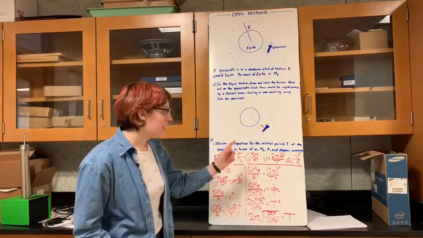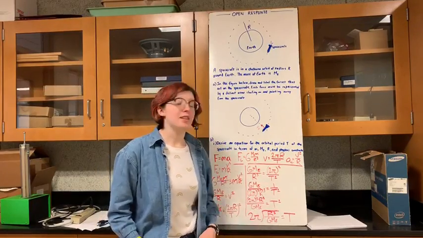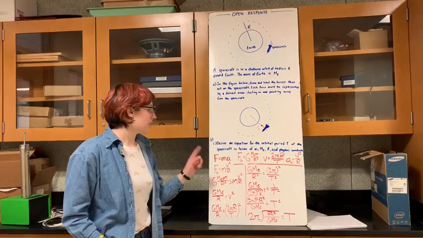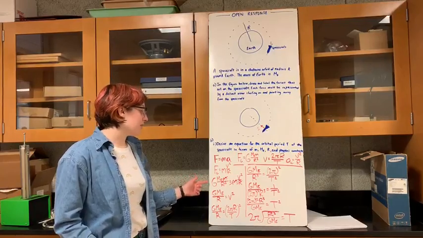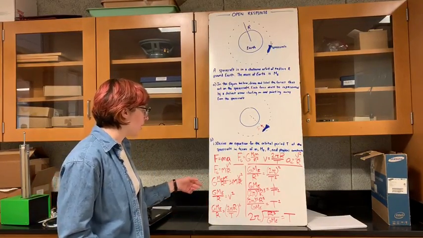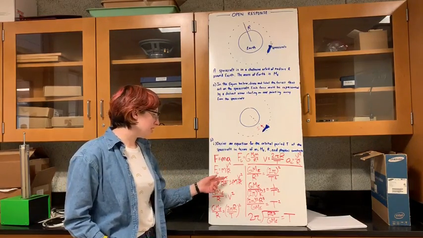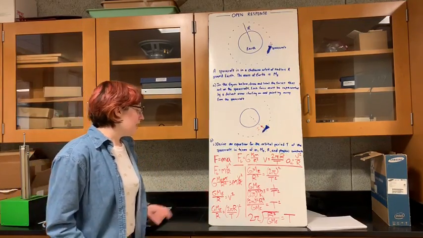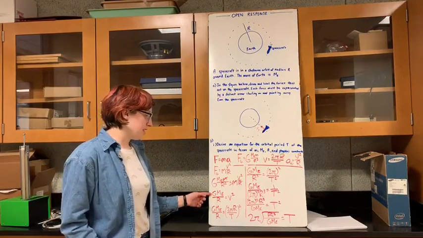And then here we have the rotational acceleration is equal to v squared over r. So what we do first is we replace the acceleration with v squared over r, and then we replace the force of gravity with the gravitational equation. Then we can do some canceling out. We can cancel out the radius on both sides, and we can cancel out the little mass on both sides, and then we end up getting the velocity squared is equal to the gravitational constant times the mass of the